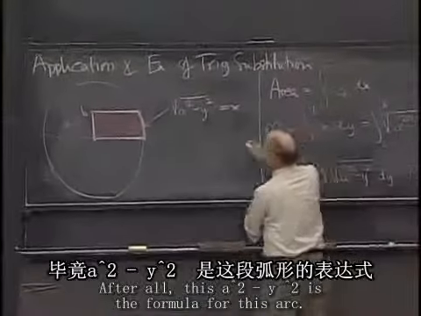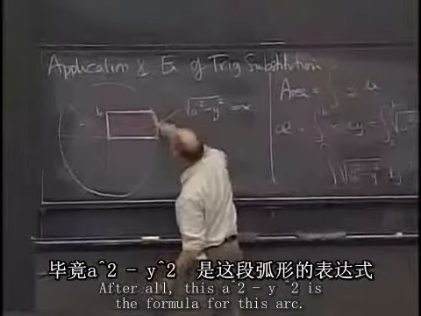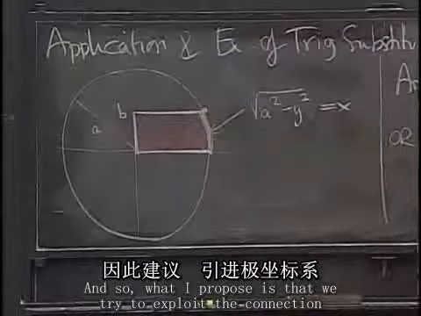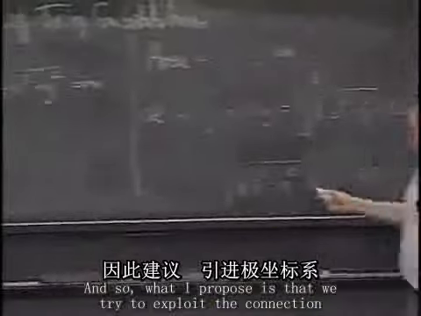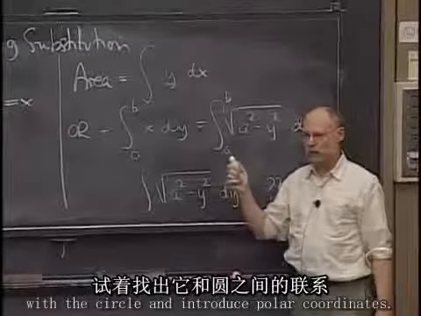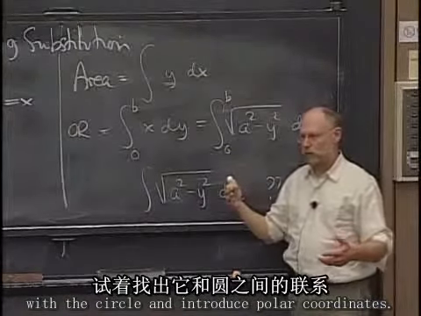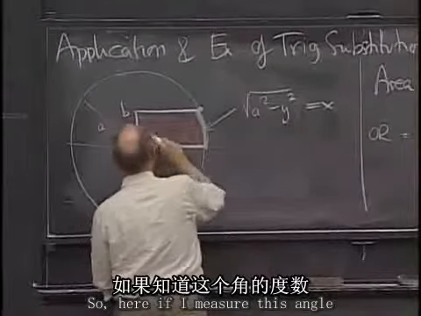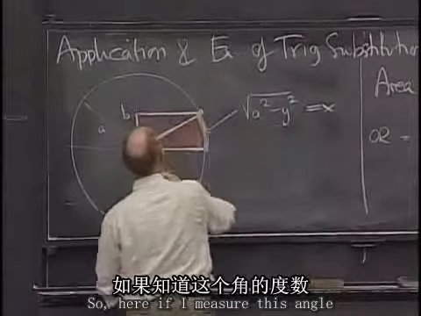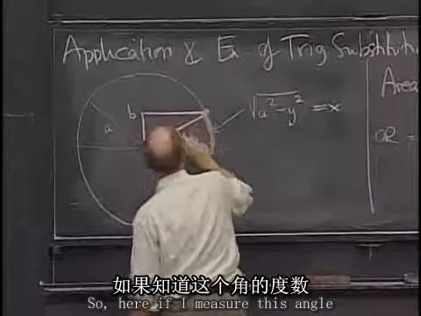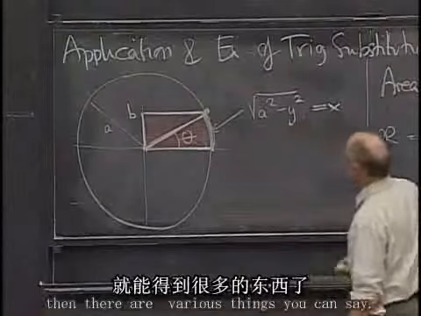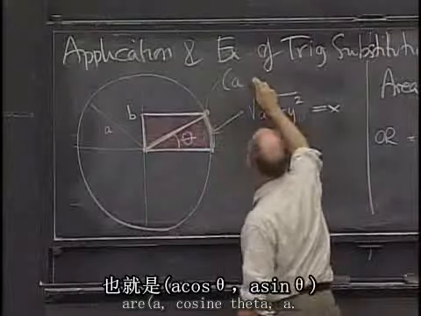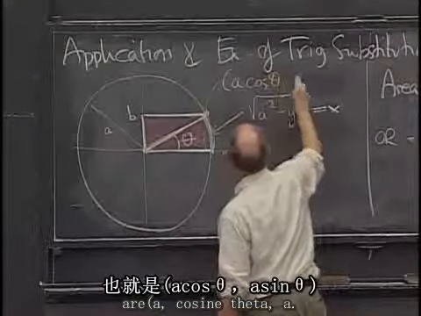After all, this square root of a squared minus y squared is the formula for this arc. And so what I propose is that we try to exploit the connection with the circle and introduce polar coordinates. So here, if I take and measure this angle, then there are various things you can say, like the coordinates of this point here are a cosine theta, a